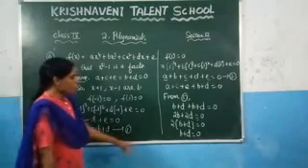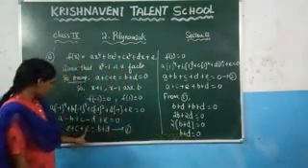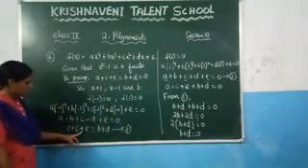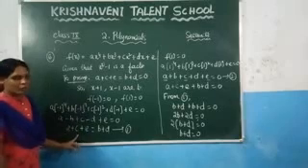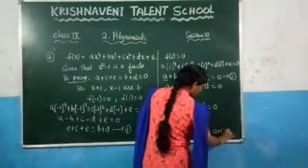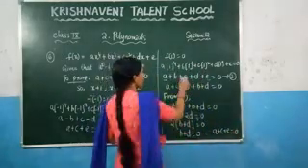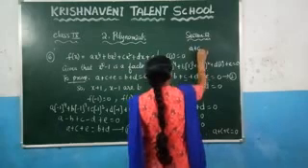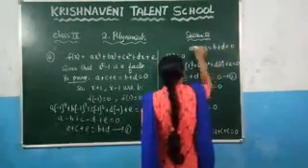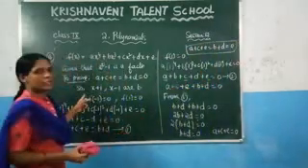Now here we got the value b plus d is equal to 0. But you know that b plus d is always equal to a plus c plus e. So we can say that a plus c plus e, this value is also equal to 0. So therefore a plus c plus e is equal to 0. From these two conditions, what we can conclude? We can write it here a plus c plus e is equal to b plus d is equal to 0. Because we got these two values are the same, this one we need to prove it here.